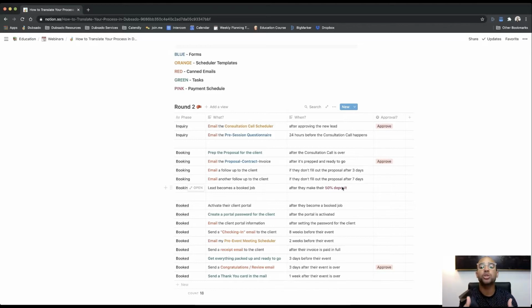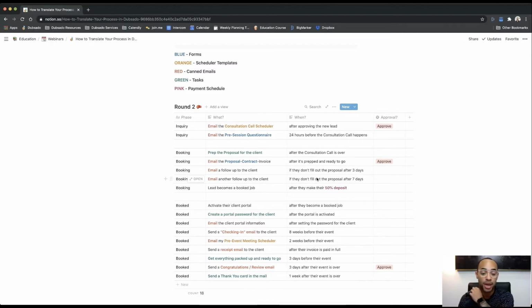Now I actually have a game plan. I know what I'm creating workflow-wise and what content I need to build when I get into the system. So that's round 2, identifying the content. You don't have to use color coding. If there's another method that you think would work better for you, you can do that. But the main point here is to just get it where you can see what content you need to put